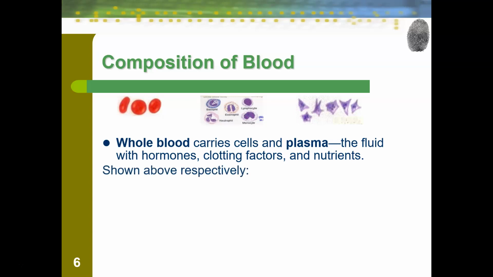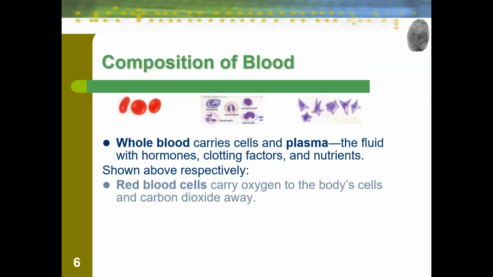So whole blood, you're used to it being red, so why is it red if plasma is mainly clear? And that's because of red blood cells. Red blood cells carry oxygen to the body cells and carbon dioxide away. Now, a little rumor that I do like to dispel is that red blood cells, you've probably been told, turn red when they have oxygen and turn purple as they give their oxygen away. And this is technically true. However,